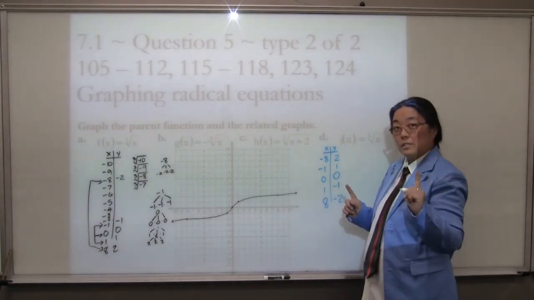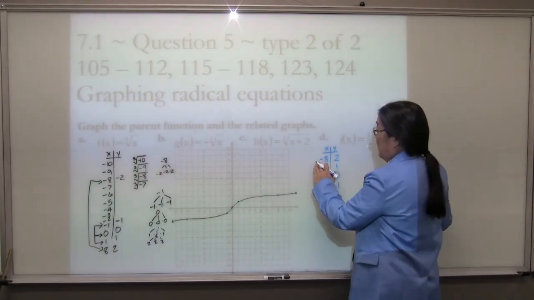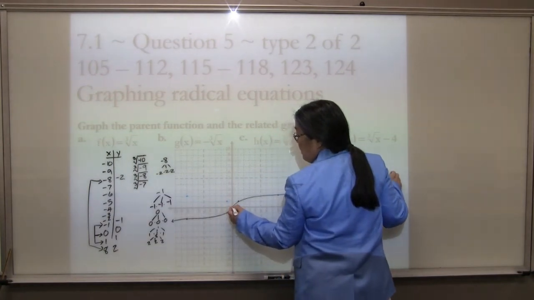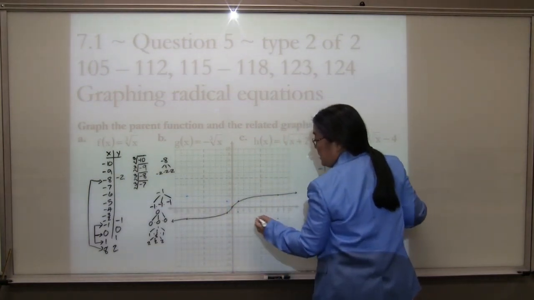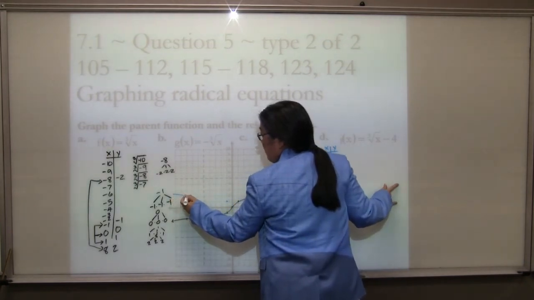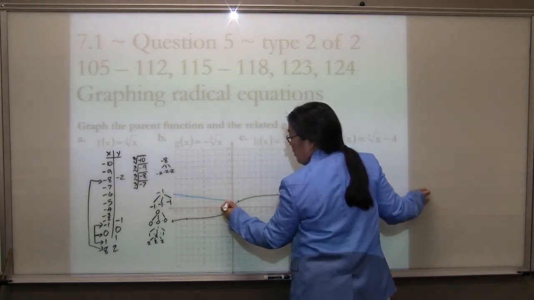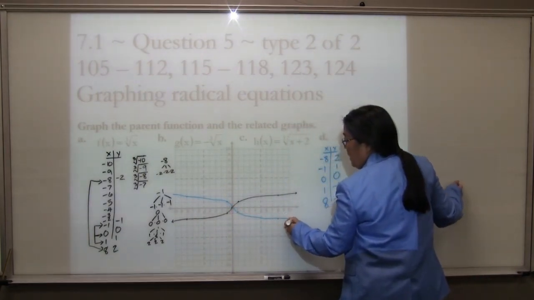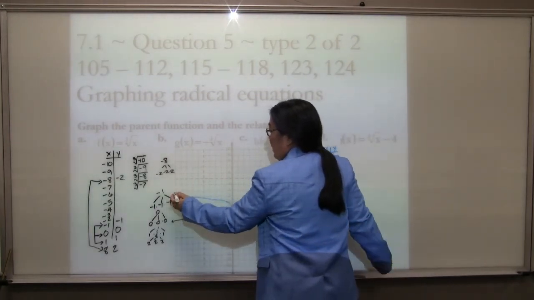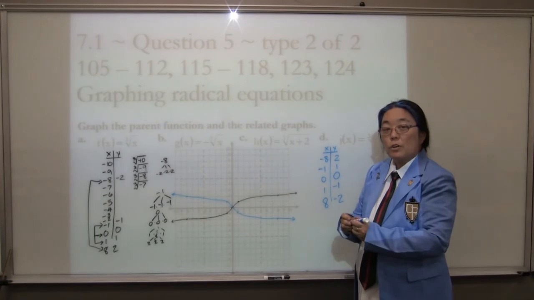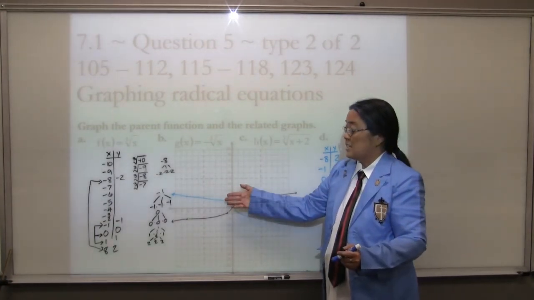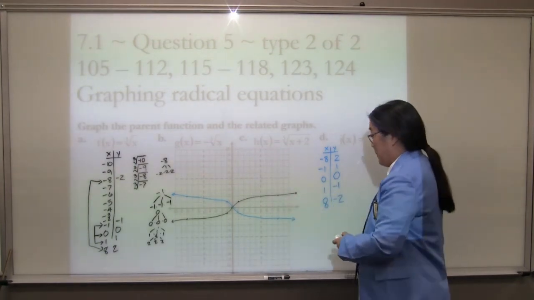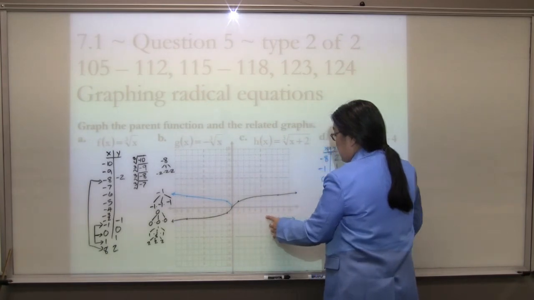I'm using a different color because I want to show you what it's going to look like. So, negative 8, positive 2. Oh, they both have that 0, 0 point. But take a look, it's going to end up being the same graph, only backwards. So this is what I'm talking about when I say that later on in 121, you're going to have to graph these, and this is going to be called a vertical reflection across the x-axis. They just did a mirror image of what you had before, which is really cool. But wait, there's more. Let's take a look at,